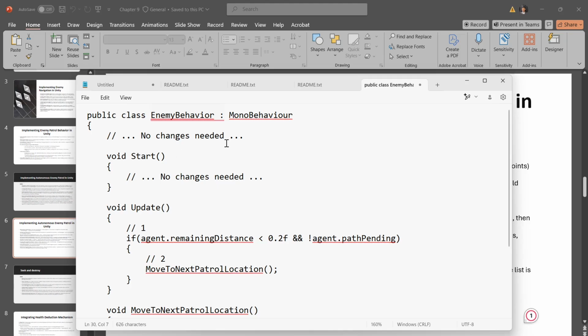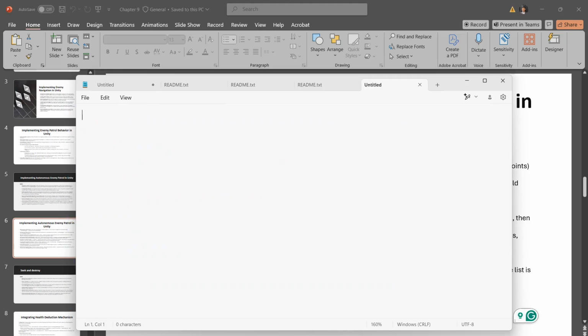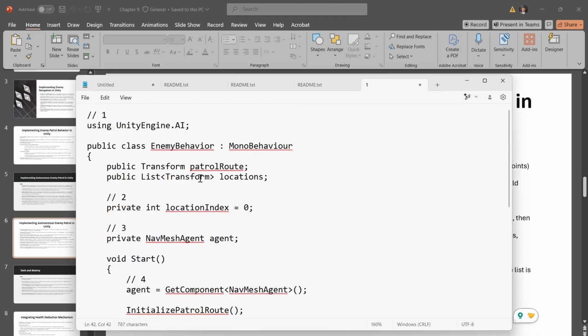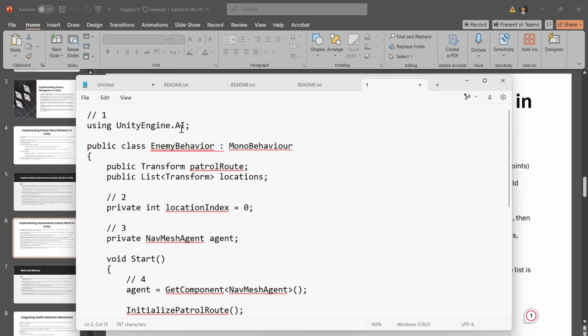Give me one minute. I need to explain this code. So as I mentioned, you're using UnityEngine.AI,